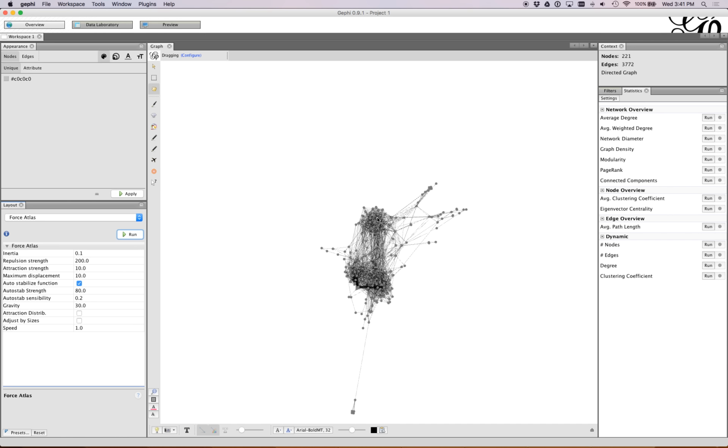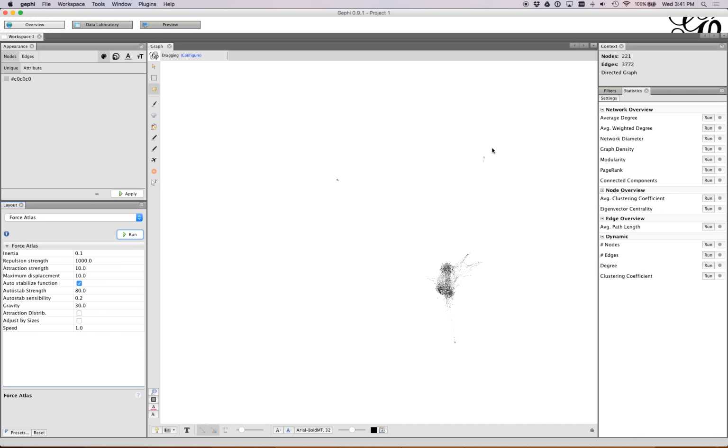So to do that with this, I'm going to increase the repulsion strength. That essentially means how much each node pushes away all the other nodes near it. So I'm going to change this from 200 to maybe say 1,000. And now I'll run it again, and we can see that there's a bit better separation. I'm going to click Stop. So this is good. But I've definitely had some problems with this group and that group being moved very far